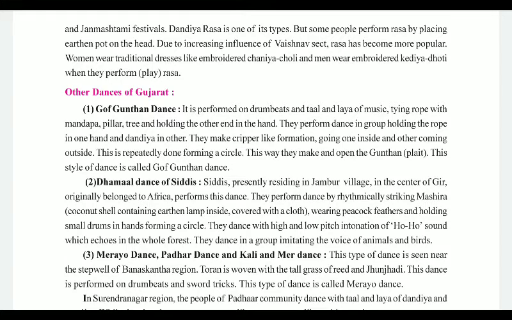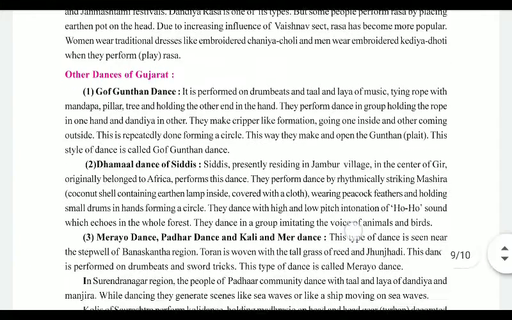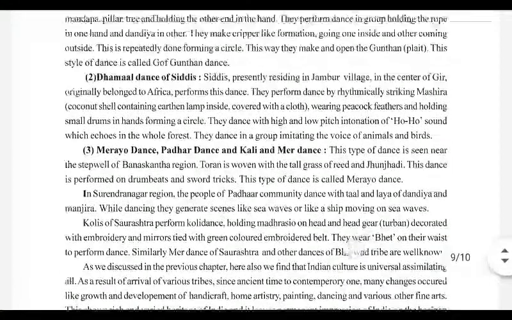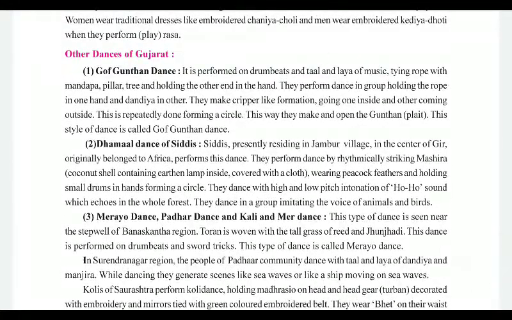Women wear traditional dresses like embroidered chaniya choli, and men wear an embroidered kediyu or dhoti when performing the Rasa. Other dances include the Gof Gunthan dance, the Dhamal dance of the Siddhis, the Merio dance, the Padhar dance, and the Koli dance. It is performed to drum beats